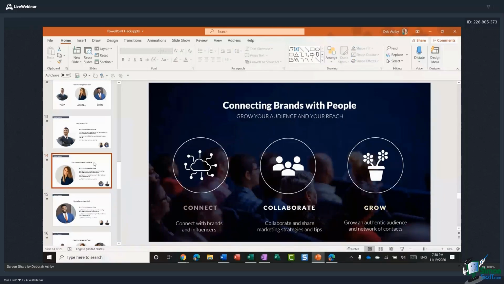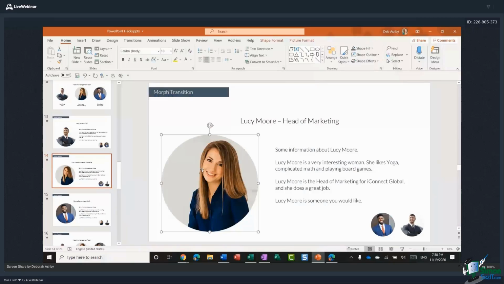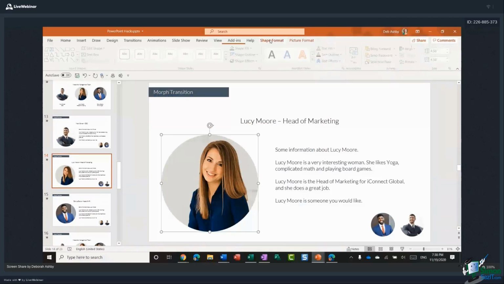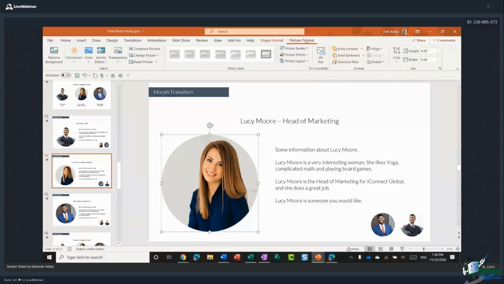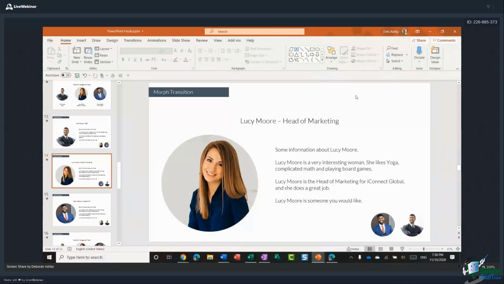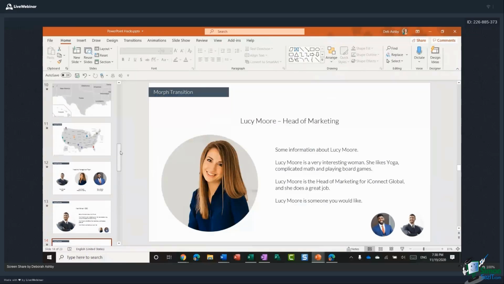Let's go to here. So if I click on this shape just here, because the shape contains a picture, I now have two contextual ribbons at the top here. One to format the shape and one to format the picture. So as soon as I click away, they disappear because I'm no longer clicked on a shape, so I don't need those menus. And you'll find that is fairly consistent throughout.